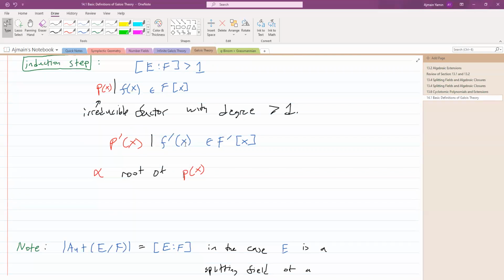All right, so alpha is the root of p of x, and let, what is it? Tau,